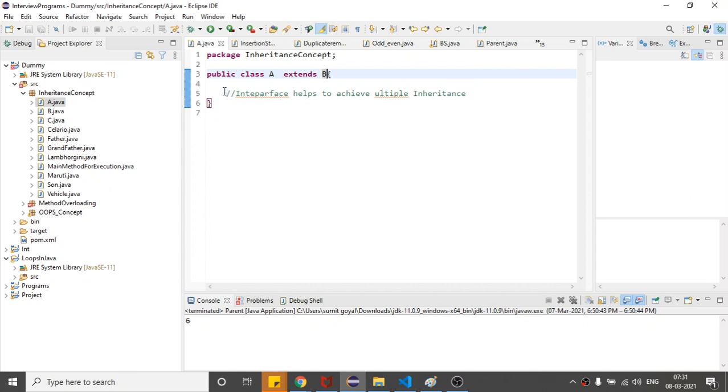Okay, so I think in the previous class the inheritance concept was started, and two types of inheritance, which are multi-level and multiple inheritance, are left. Am I correct?